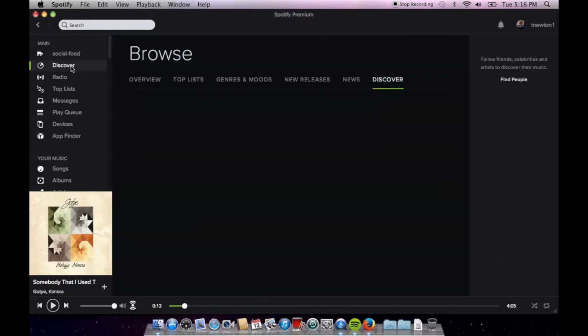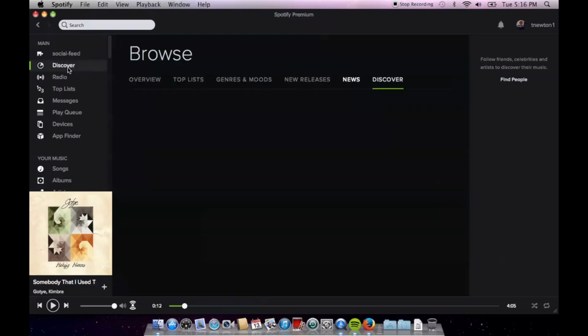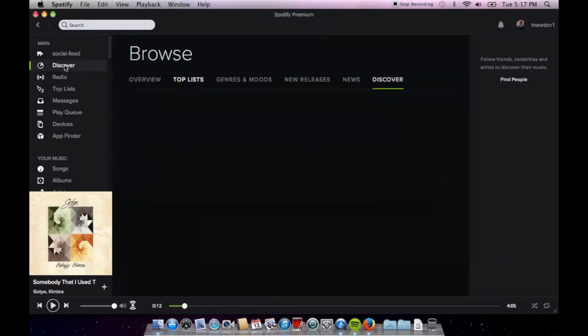So if we start with Discover, you'll see that we just get a blank page here. If we go to News, again, nothing. New releases, it kind of just flashes at us and kind of crashes. Let's see if we go back to Discover. So genres and moods, yeah, again, doesn't work. Top lists, nothing. Overview, nothing. So Discover's broken. If we go to radio,